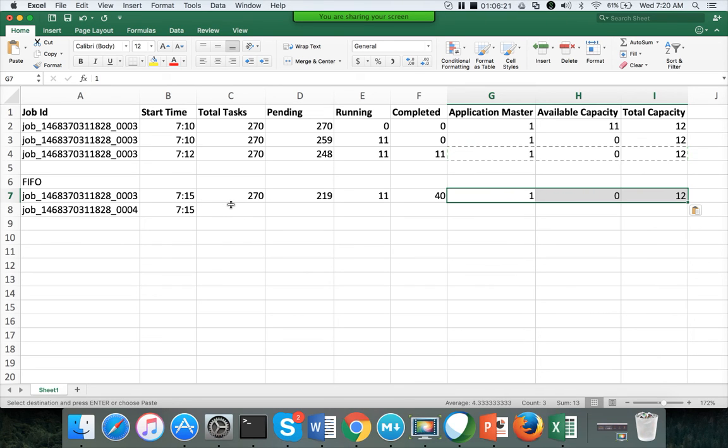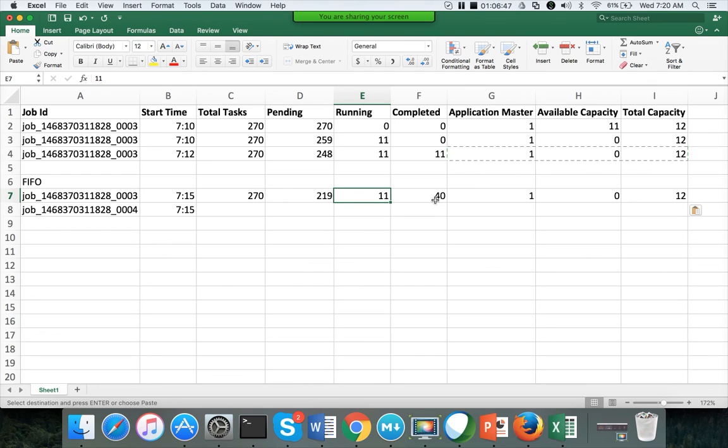For discussion sake, let's say that by the time this job is submitted, there is some available capacity. So not all are running. There will be some gap between the tasks being moved to completed and other tasks being moved from pending to running.